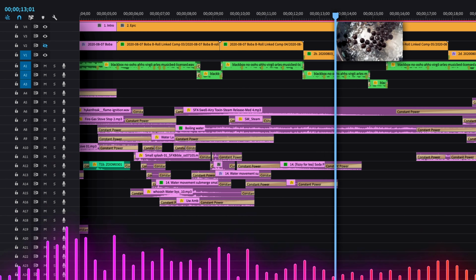Then I used an adjustment layer to transform both of the clips so that we end with the second shot entirely in frame. But because of the framing of the shot, there was a lot of empty space. So I used a tool in After Effects called Content Aware Fill. This fills space with pixels based on what's already in the frame. You can use it to cover up objects or, like in this case, to extend the edge of a clip.